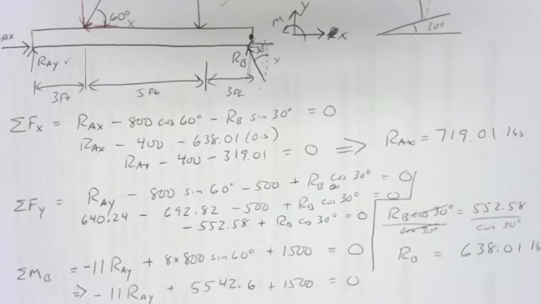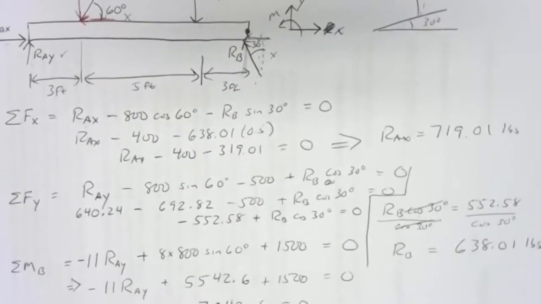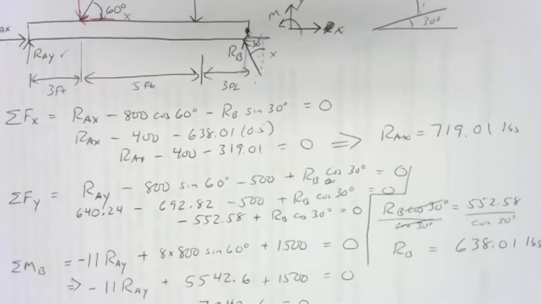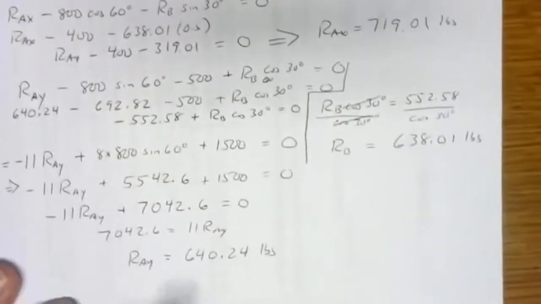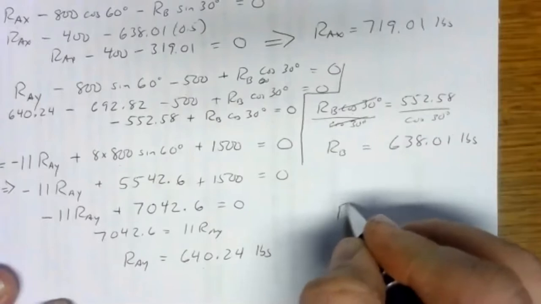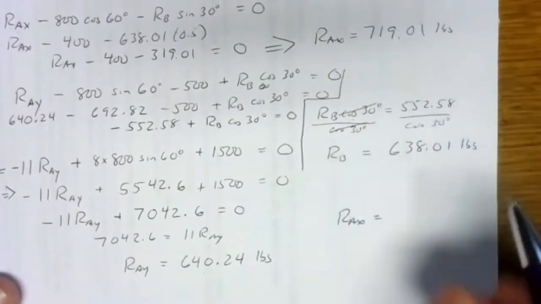And generally 5 sig figs will do the job for you. 5 sig figs rounding off in between in the middle of the problem and 3 in the end is generally a good rule of thumb to follow if no other information is available. So let's present our final answers. So I've got RAX rounded to 3 sig figs, that's just 719